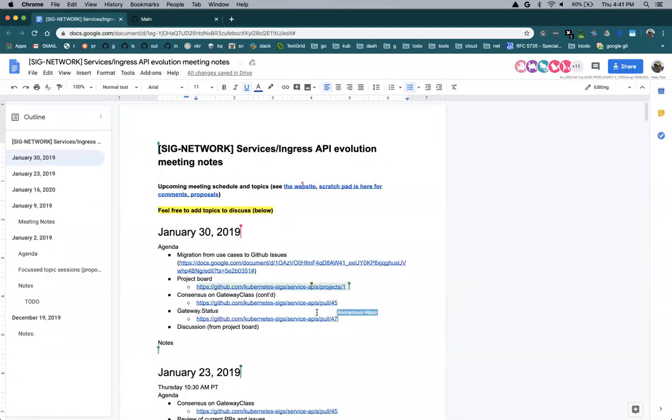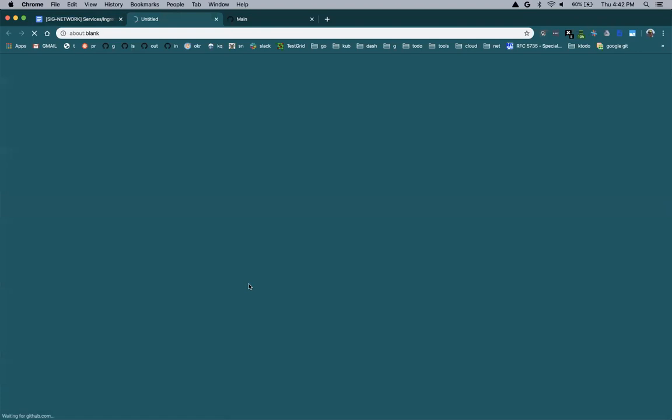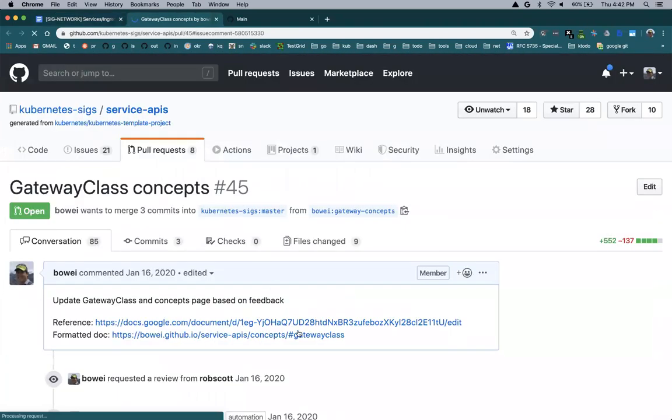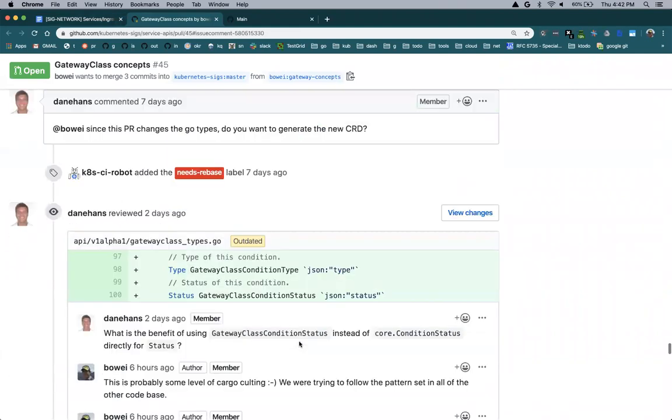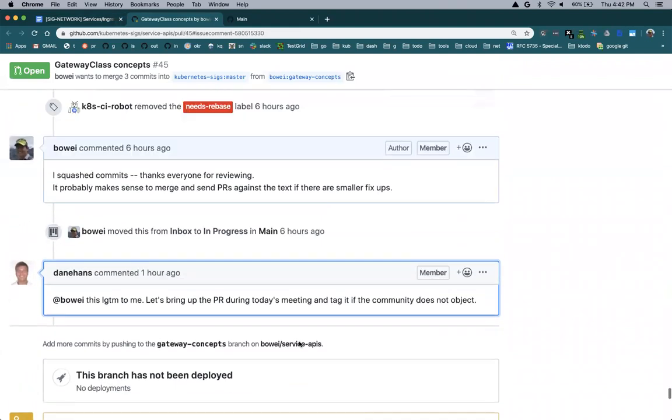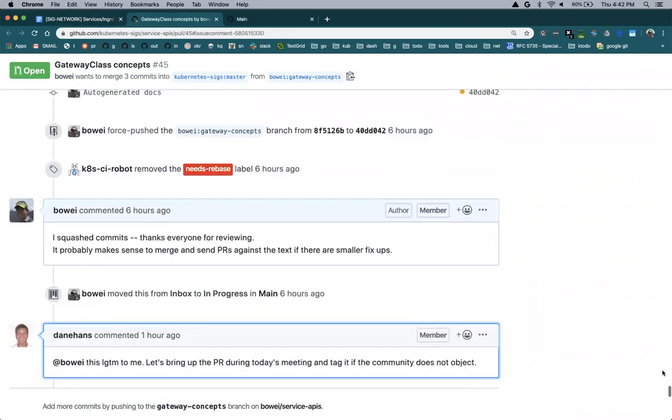So two things we probably want to take care of, the hangover from last week, I think, is one, the clarification on the gateway concepts. Thanks everyone for commenting on this. There was a ton of conversation. I think it seems like we have converged on at least a rough draft. This is not the final thing, so we can obviously submit PRs against this, but I would expect that we can merge this and then iterate based on it. Also, if you merge this, you get the fancy docs on the web, so you can look at that instead of looking at it through the GitHub diff.